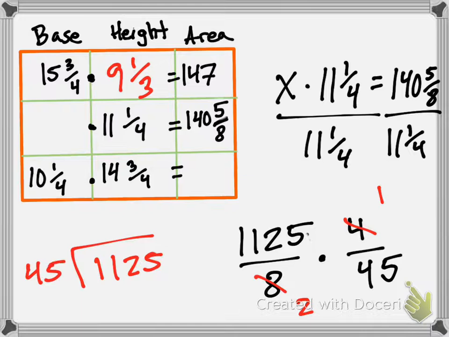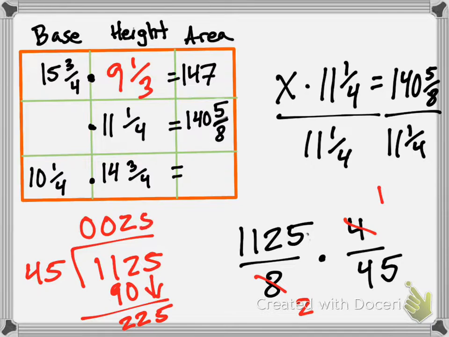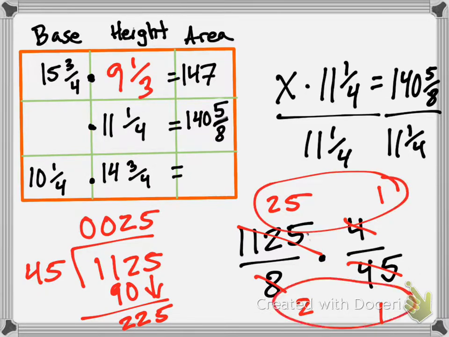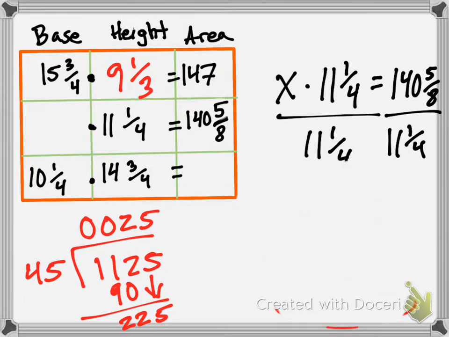1,125 divided by 45. 0 times, 0 times, 2 times, which is 90. We subtract that, we get 225. How many times does 45 go into 225, Rafi? 5 times. So we get our answer here, 25 over 1. So our answer becomes 25 times 1 is 25. 2 times 1 is 2. So we get our answer to be